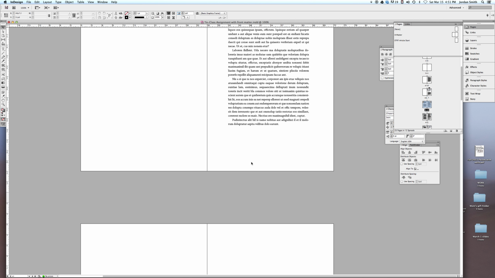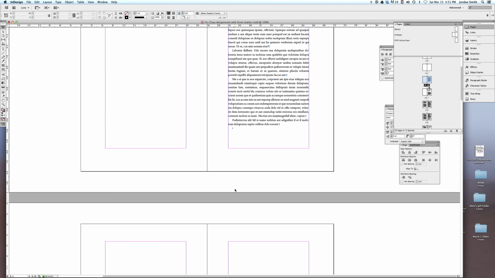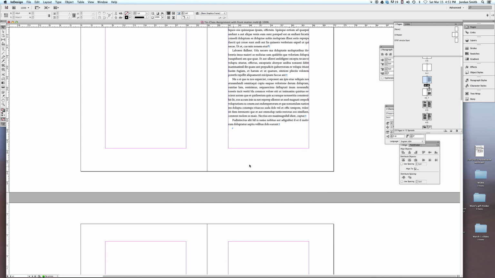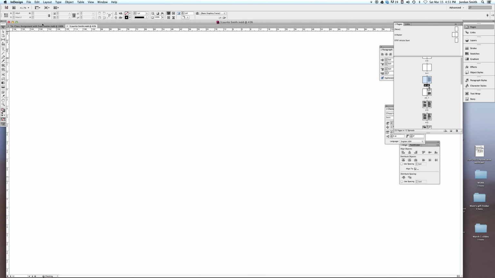Now the next thing I want to show you is how to move pages between documents. This is really simple. It's pretty intuitive, but it's something that you may want to know if you're working with multiple documents at a time. I'm going to go ahead and open up another document. When I have two documents open,